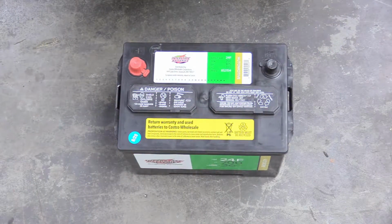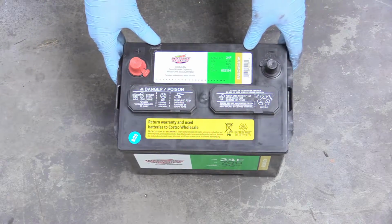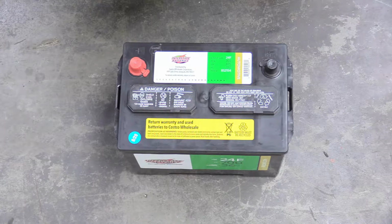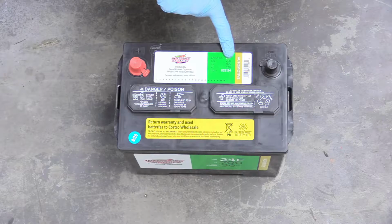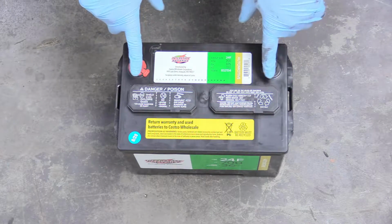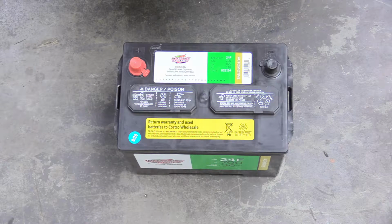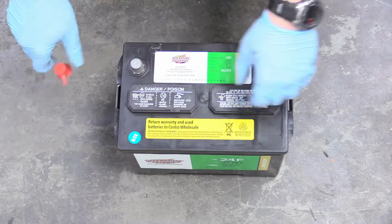So I went ahead and did that in exchange for our new Interstate battery that I'm going to show you right now. So here's our new battery. It's an Interstate battery, and I wish I had the old one to show you the similarities. Basically, you want to look at your cold cranking amps at 700, just like our previous one, and our positive and negative terminals are in the same spot, which they are. So it matches our battery totally. Even the group size 24F was the same. So we can remove these protective caps here